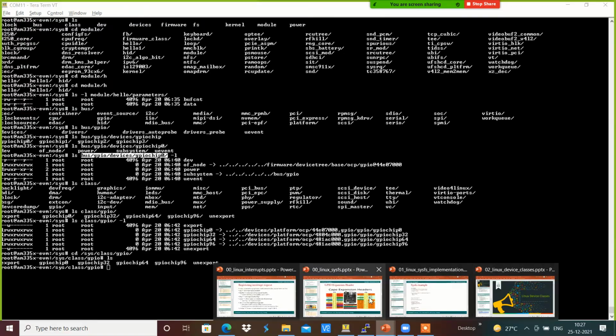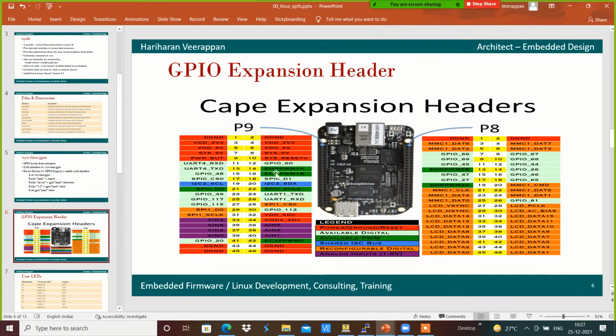GPIO 45 is connected with the LED, and 66, 67, 68 and 69 are connected with the switches. First we will see the LEDs, which are connected on 45, 44, 47 and 46. These are all the pins that are connected. Now we will access them.